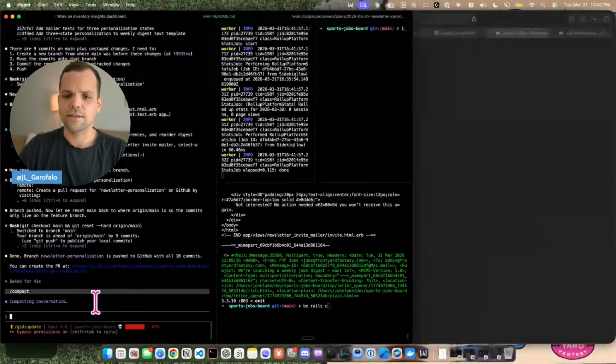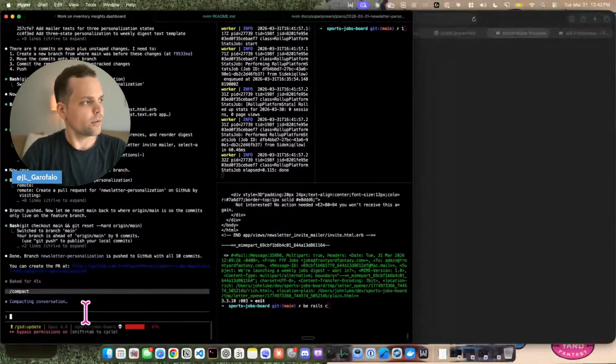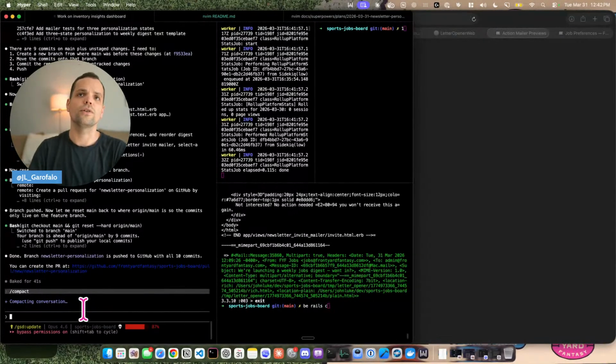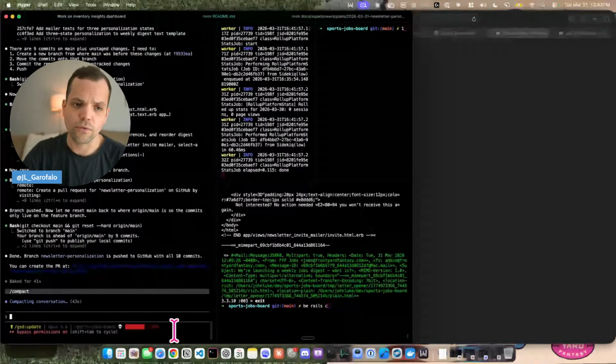All right, so once it's compacted, we should clear the context for us. The only thing that's left that we need to do is revisit the matching logic. Right now, it's saying that it's based off of location, salary, and we want to make sure that it's picking jobs that are likely to actually be exciting for that person. Right now, we only have those job preferences for it to go off of. But we could add in more rich information as we go.